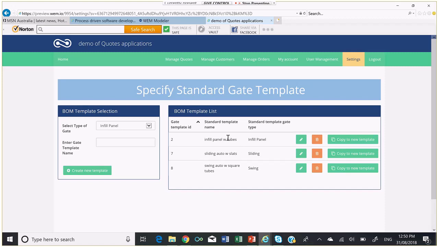And these things called tubes, slats, and square tubes, they are the fills that occupy the internal frame of a gate. So you may be using slats, or you may be using tubes or colorbond sheets or wooden pickets, things like that. So the different types of gates are the infill panel, a swing,